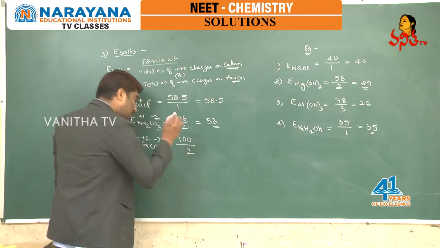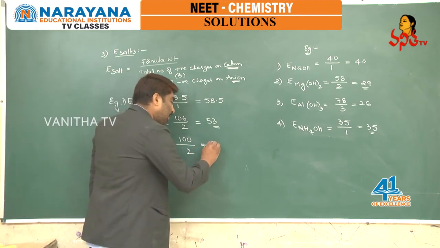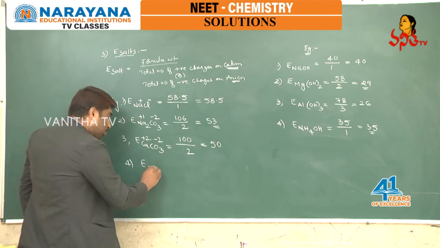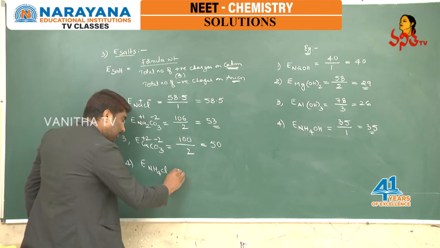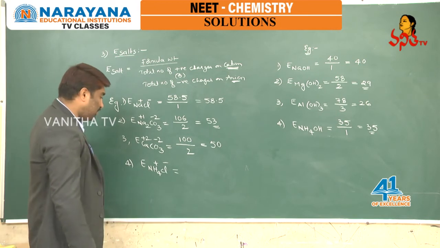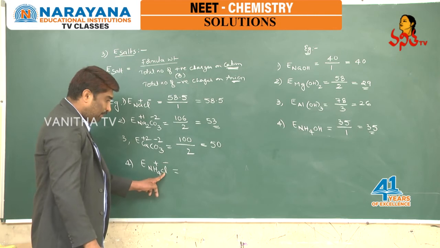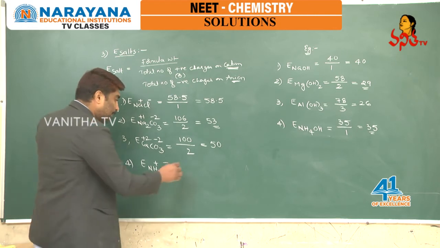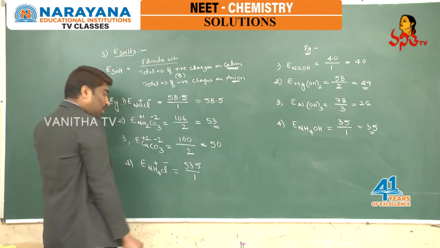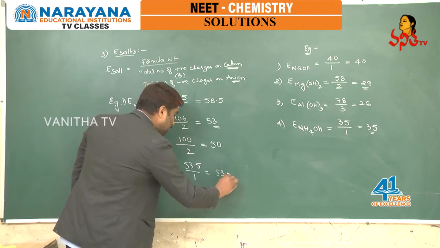By total positive charges, which is 2, or total negative charges, which is 2, hence the equivalent weight comes to be 50. Last example: if you take the equivalent weight of ammonium chloride, which is also a salt. Ammonium ion is carrying a plus charge, chloride ion is having a minus 1 charge. Nitrogen 14 plus 4, 18, plus 35.5, that is 53.5. 53.5 by the number of positive or negative charges, which is 1 only in total. Therefore, its equivalent weight is found to be 53.5.